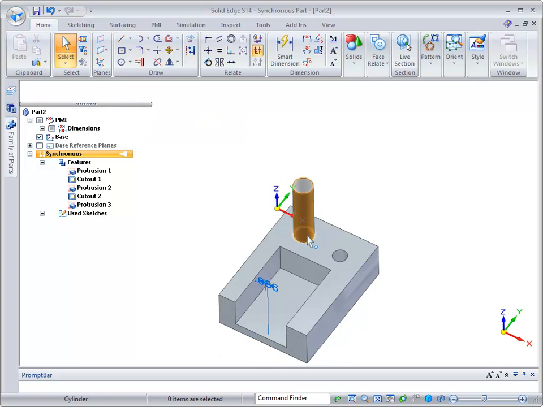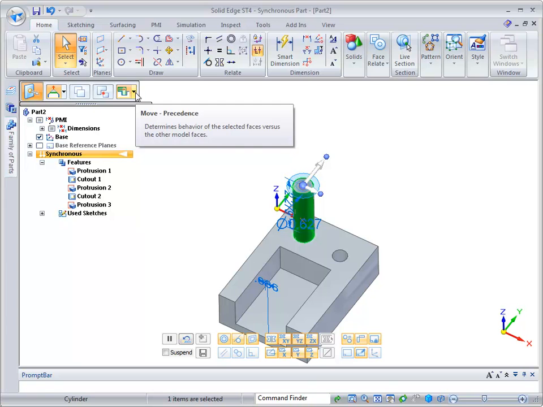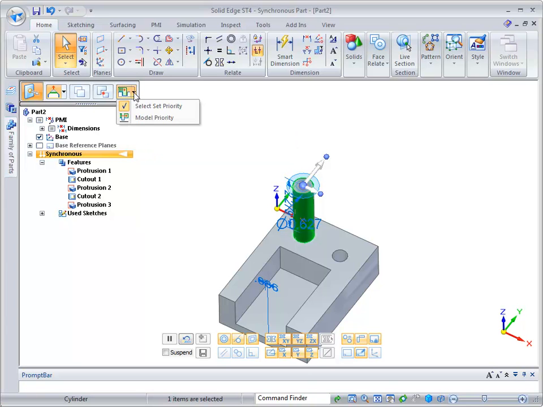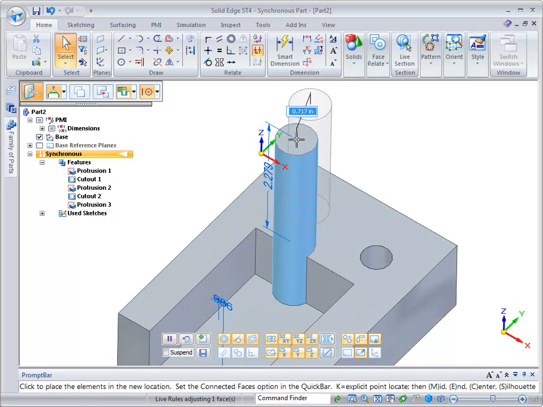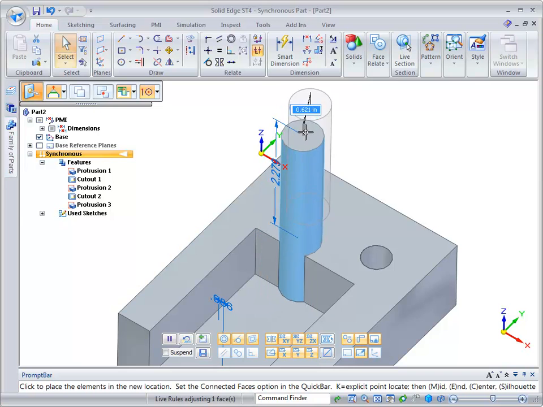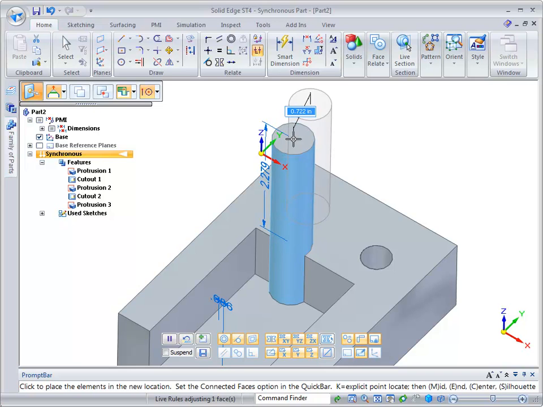Let's talk about this third one though, and he did talk about this one. This gives precedence to one thing or another. So if we drag this cylinder into the area of the rectangular cutout, notice that there are two possible solutions. One is that the cutout could be extended onto the cylinder, and the second is that the cylinder could be extended into the cutout. Now, in SolidWorks, that kind of change would require you to reorder the